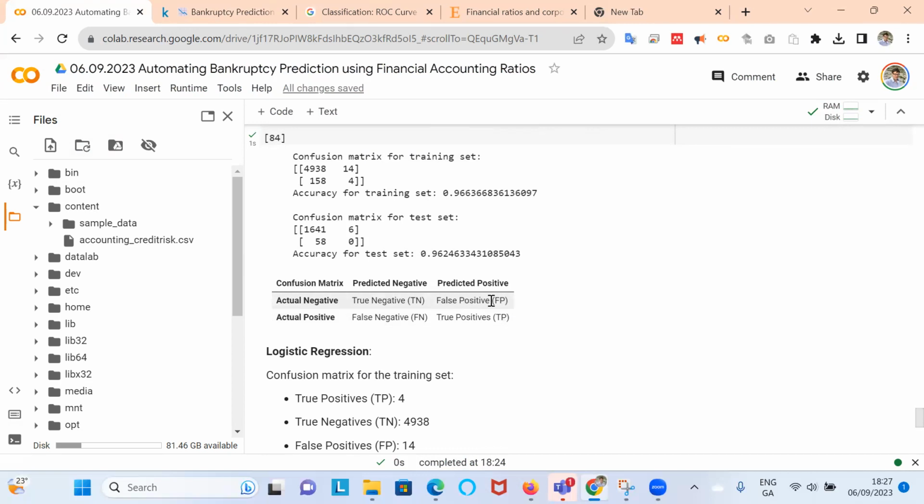So if the cost of bankruptcy was extremely high, a bank might be prepared to sacrifice not lending to a number of companies that have very low profits and a lot of indebtedness, and weed those ones out and stick with the companies that the logistic regression model is predicting are much safer.